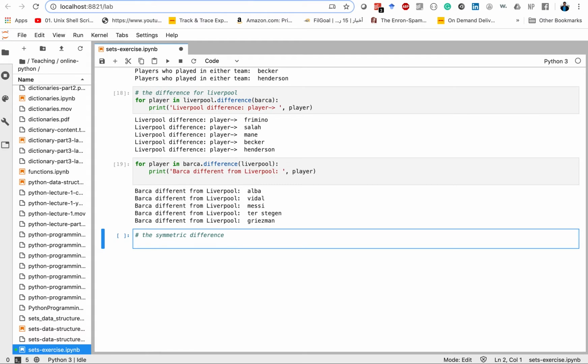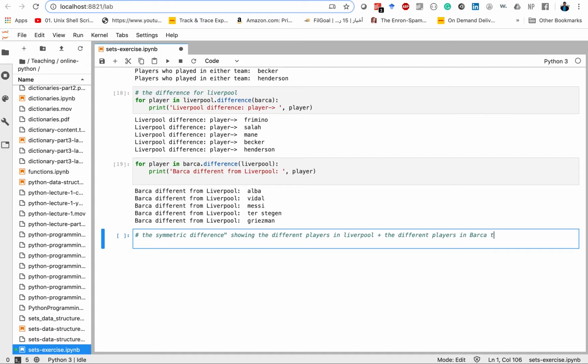The symmetric difference here will be showing the different players in Liverpool and the different players in Barca,